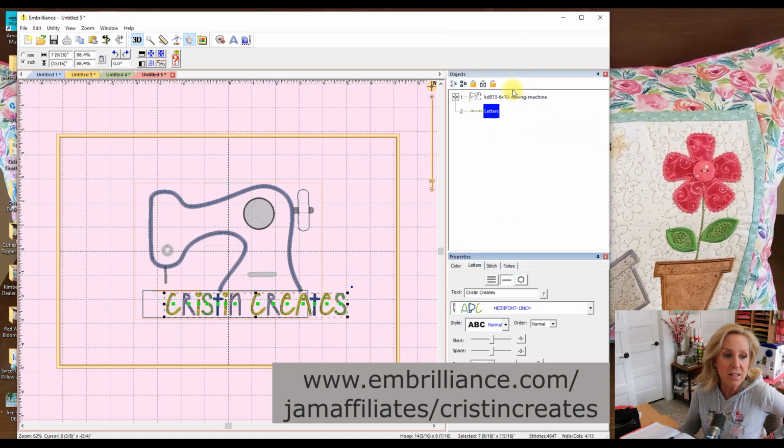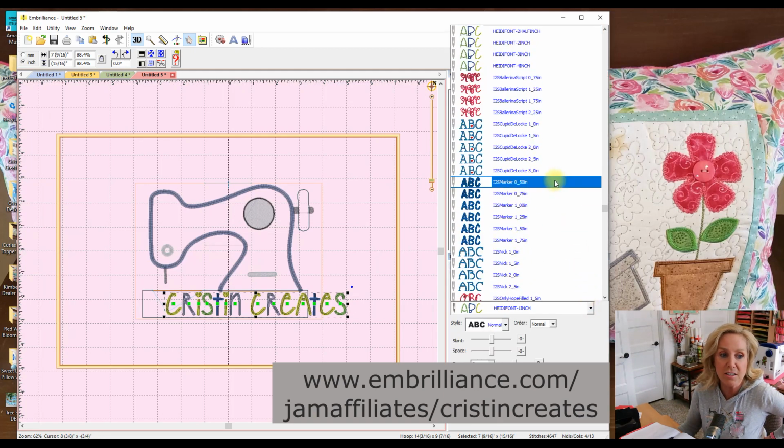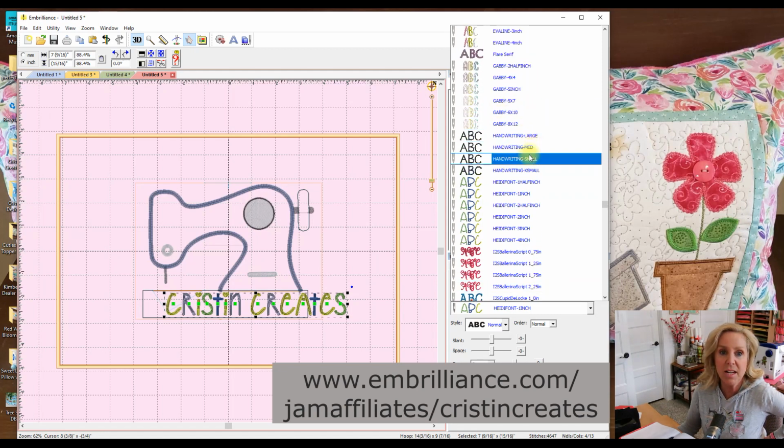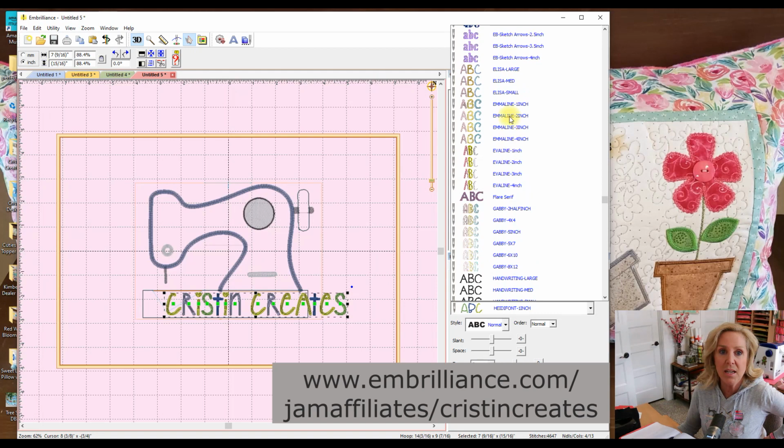All right, Heidi font. That's very wide. Super cute. That'd be cute on a kid's shirt. See the hearts on the eyes? That's so cute. That's fun. Handwriting. Gabby,